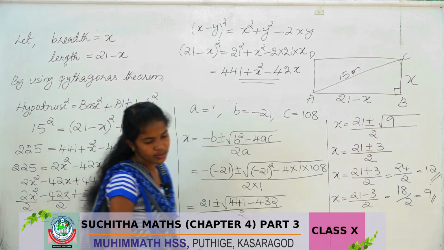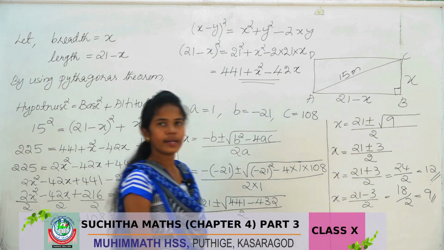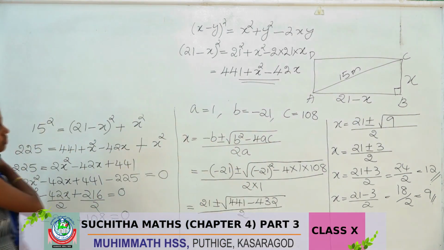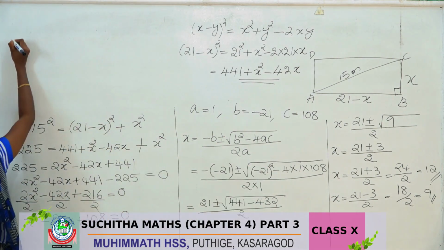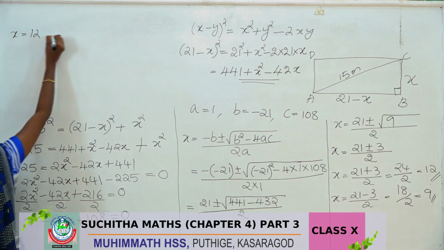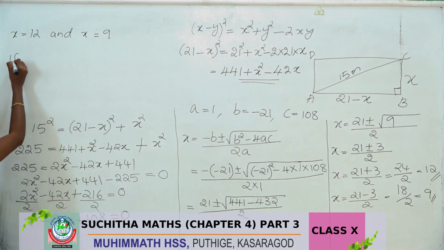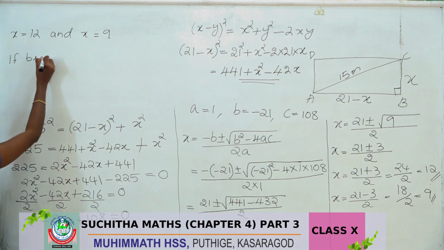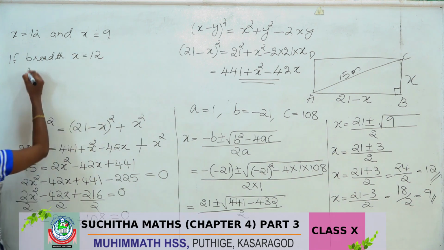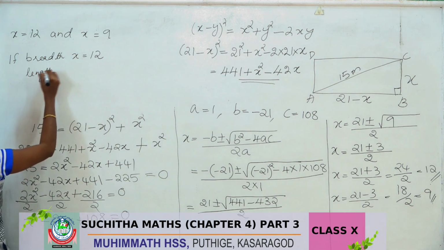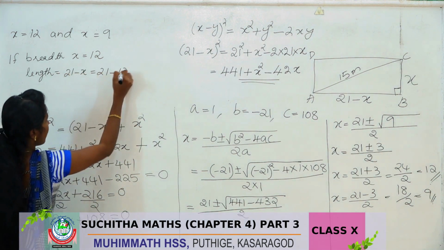The question is, what are the lengths of its sides? We have to find the breadth and length. First take x equal to 12. We get x equal to 12 and x equal to 9. If breadth x is 12, then length is equal to 21 minus x, that is 21 minus 12,